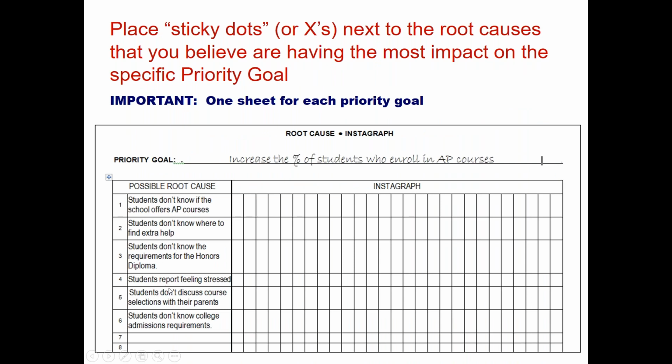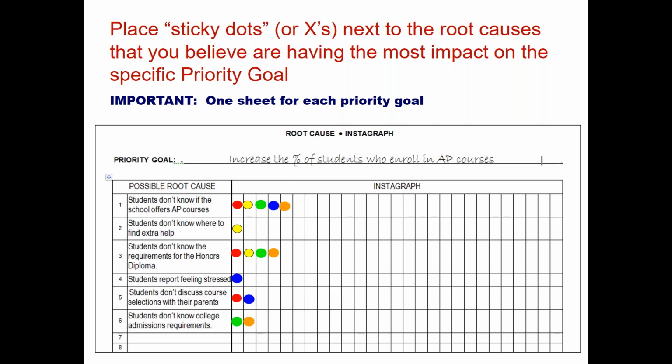So when you're ready to start to reach consensus, you'll just count up how many possible root causes you have for this one focus goal, and then everybody will come up and start voting, and you'll come up with your root causes.